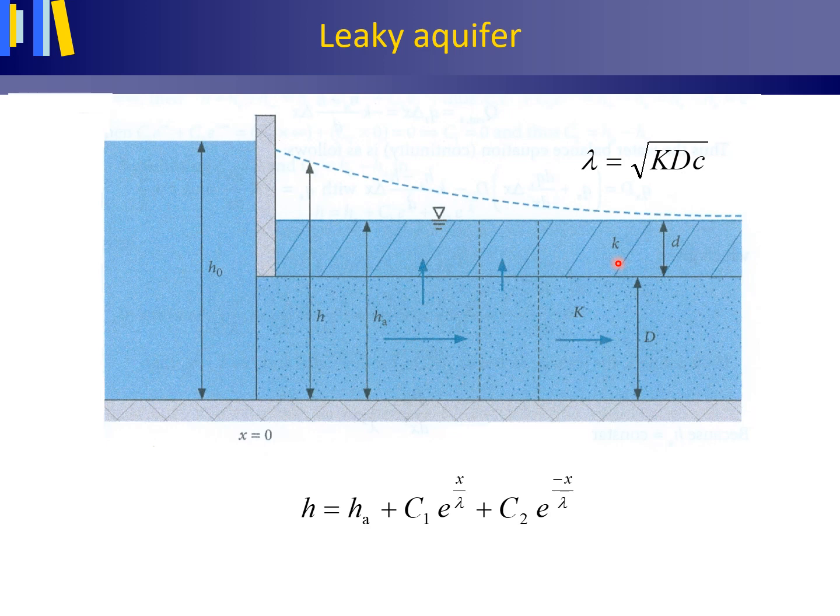So C is the resistance of the confining layer in days, and Kd describes the aquifer in square meter per day. Thus Kd times C is in square meter. Taking the root of this, we have the leakage factor, or in Dutch spreidingslengte, in meters.